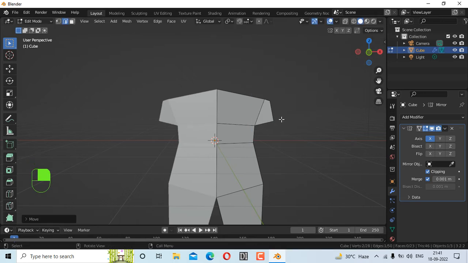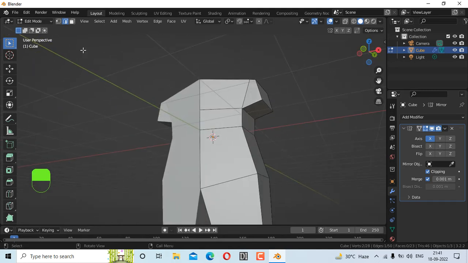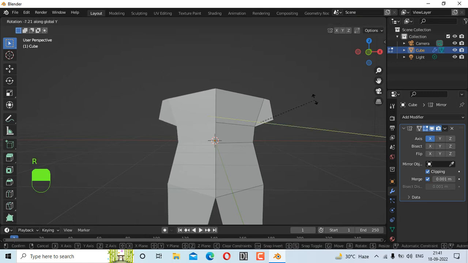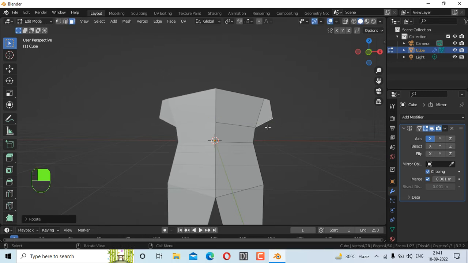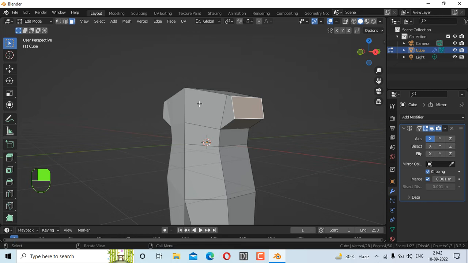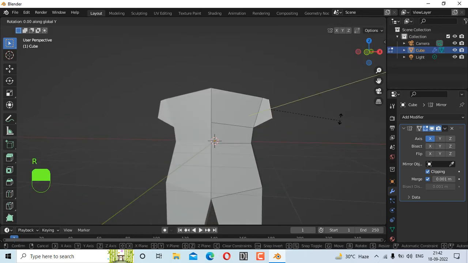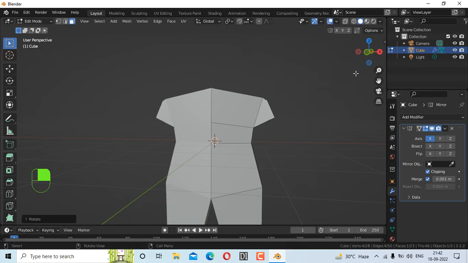Now we can select this face again and rotate it a little bit, R and Y, and like this, and we can extrude this. I think I have rotated it a little bit, not cooler, so R and Y. Now this is much better, and now we can extrude this one,